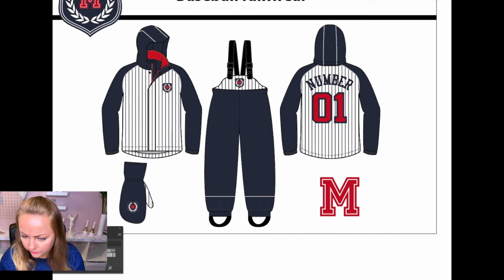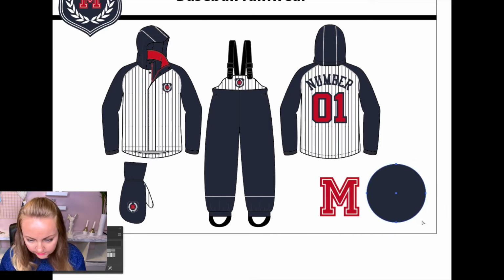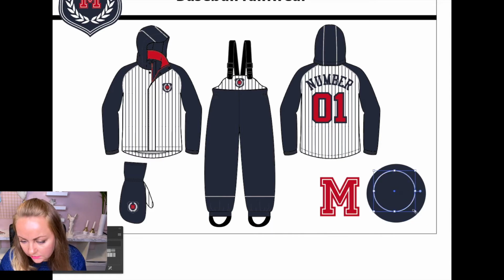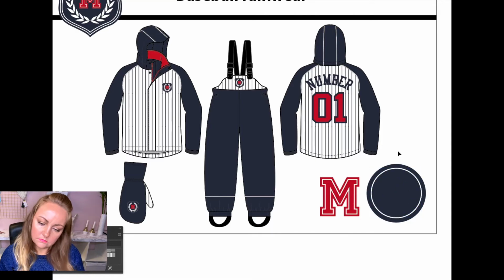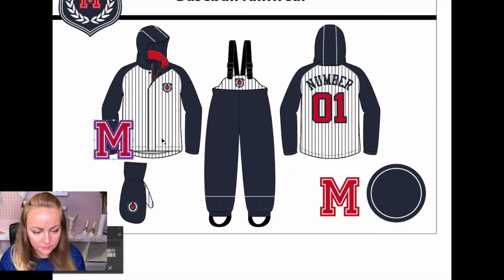So I'm gonna start with navy, and I'm just gonna make a circle for the button like that, and then I'm gonna go Command C, Command F, so I have another circle, and I am going to make the new circle a white outline, and maybe 2 stroke, maybe. Just gonna make it a little bit smaller and see where it looks good on the button. Okay, I like that. Align it, and then I'm gonna put the M